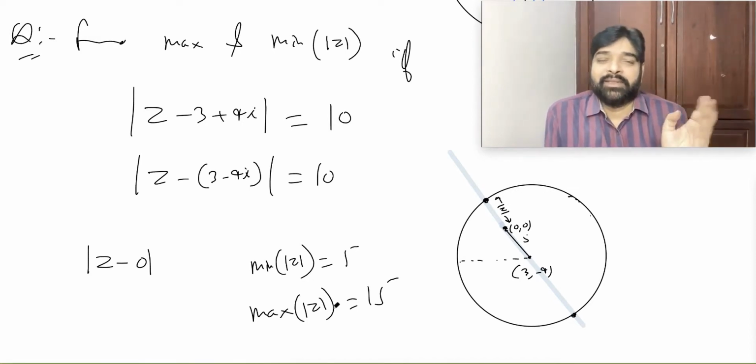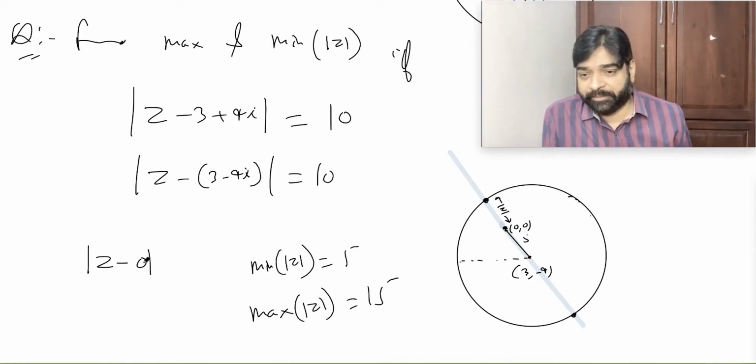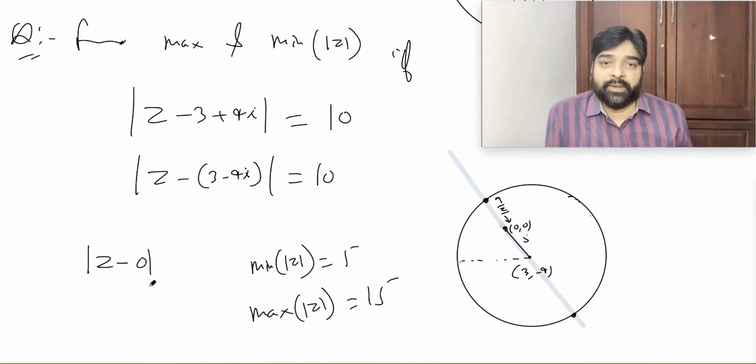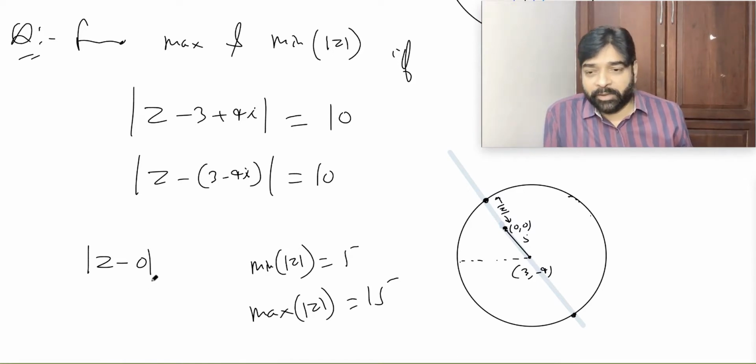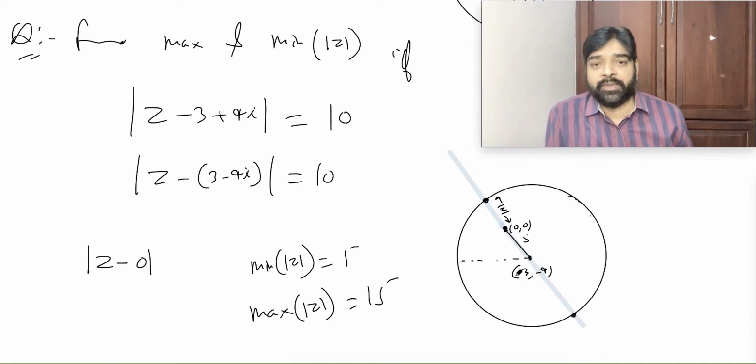Nothing has to be done. Just take the origin somewhere, join it. If it's origin, if it's here, because I can change the question. I may ask you what is the maximum minimum value of z minus i. So then this point will be i. So try to understand the logic. Mod of z minus 0, maximum minimum value, so 0 is located and z is located. If z is moving, see this value is maximum and minimum happening. When max and min will happen, first join this origin and the center and extend it. So automatically the answer will come.